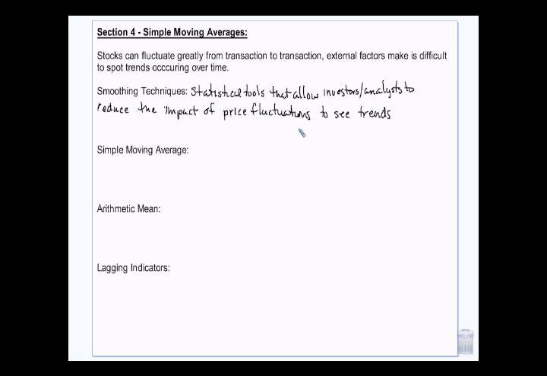Stock prices change every single transaction. Every single trade will adjust the price of the stock, and it can be just by a couple pennies. But when you look at daily price changes, during the course of one day or even day to day, it jumps all over the place. And so you get these lines where you can't really see the trends because they're too